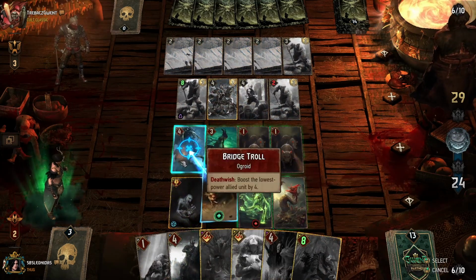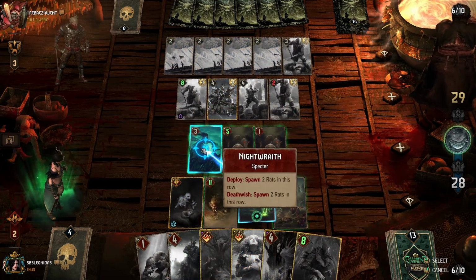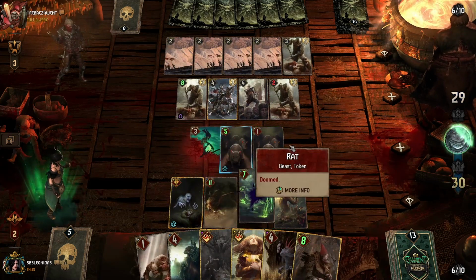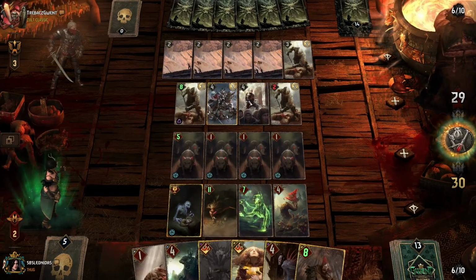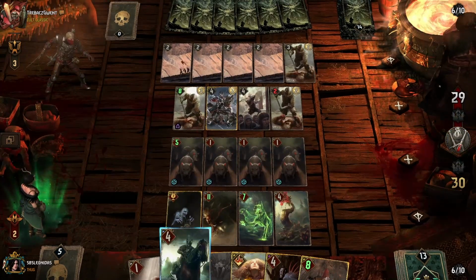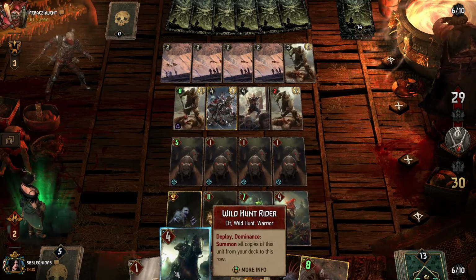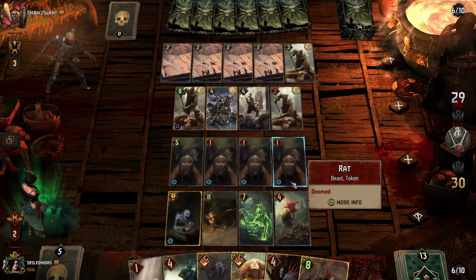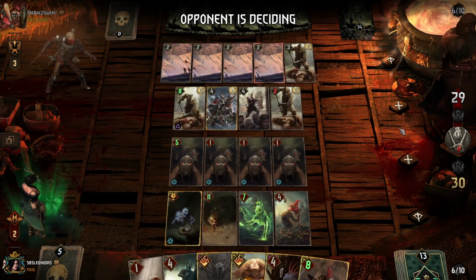Actually, we will have dominance because of the Banshee, which is pretty solid. And it even tempos us ahead, and his Archfanes are bricked. So we will not be receiving the 5 damage. Very nice. We can even go Wild Hunt Rider here. Wild Hunt Rider will...